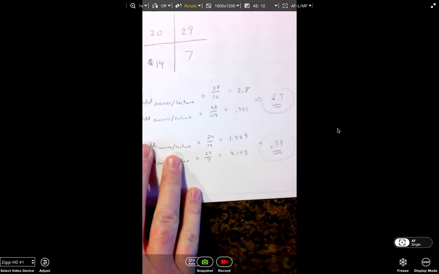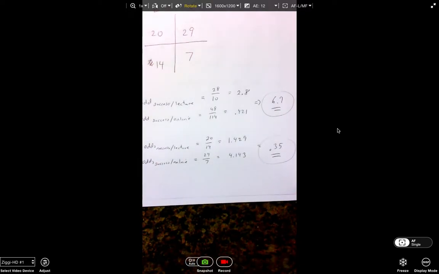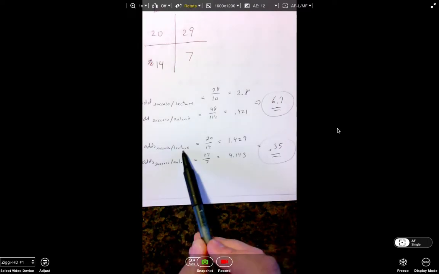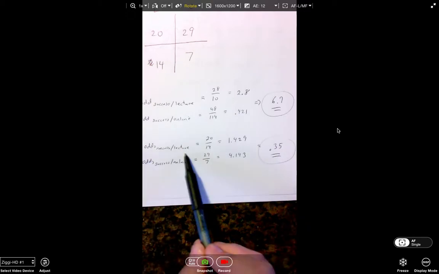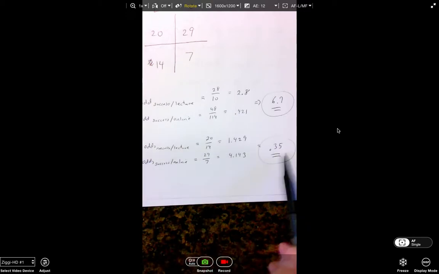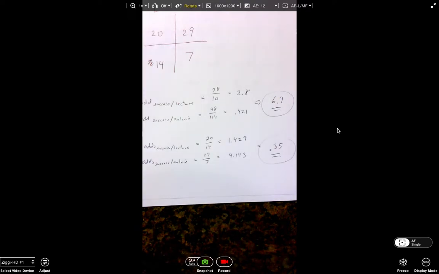Now another way of thinking about that is we could take 4.143, because this tells you that the odds of success is 0.35 as high, again, this is Professor B, 0.35 times as high for lecture as it is online. If we want to focus on more of an odds ratio above 1, we could take the 4.143 divided by 1.429. So the odds of success for a student succeeding online,